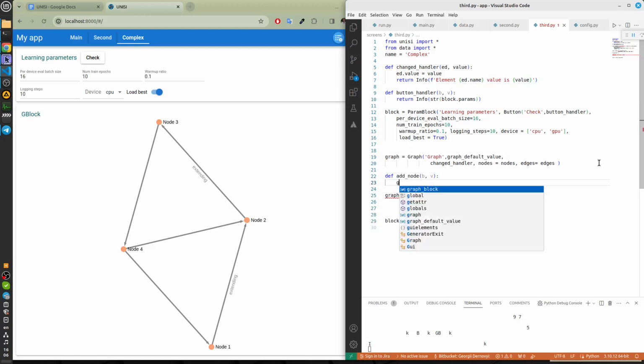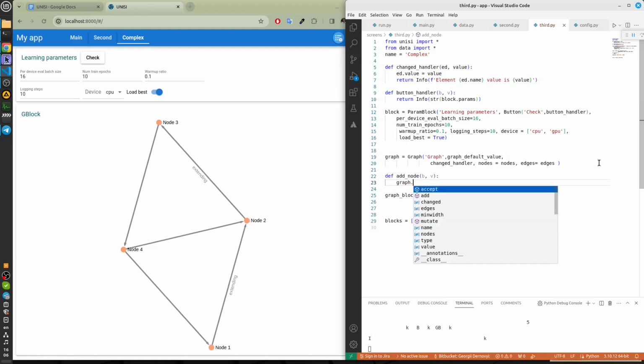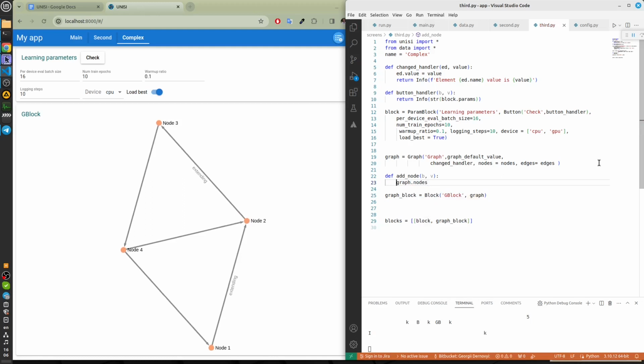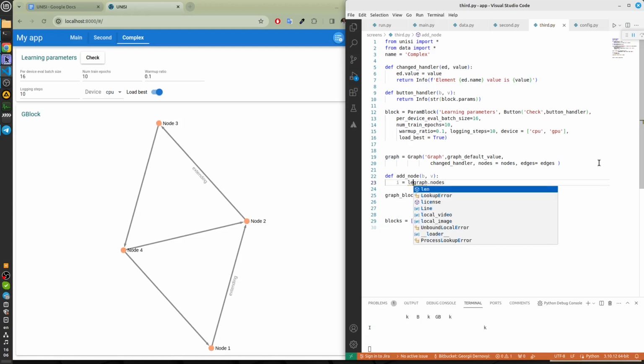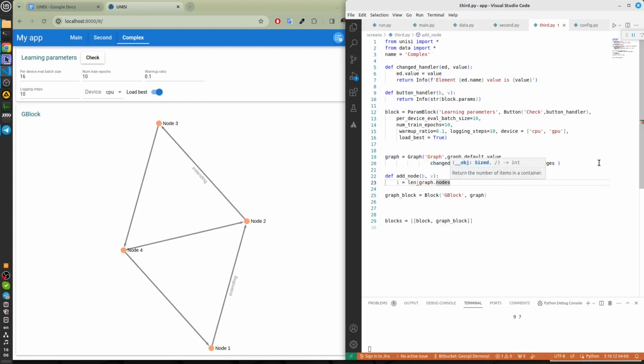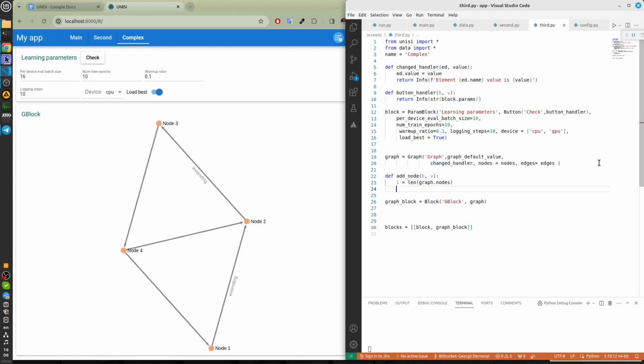Write code for adding a node. First calculate the index of a new node in the graph. The index equals the length of the node array. Then add a node. Graph nodes push.